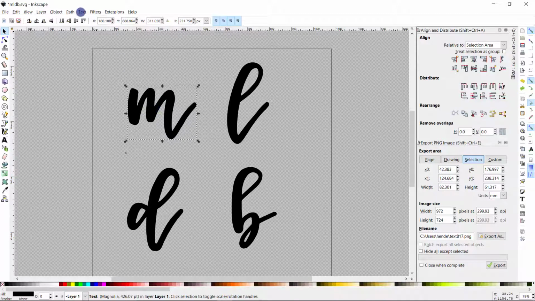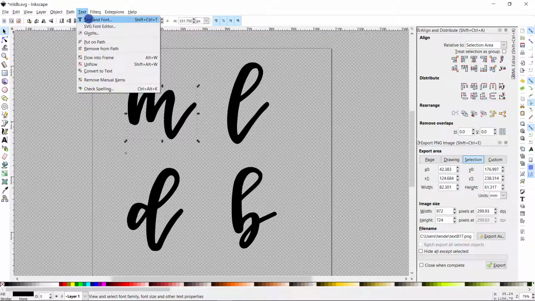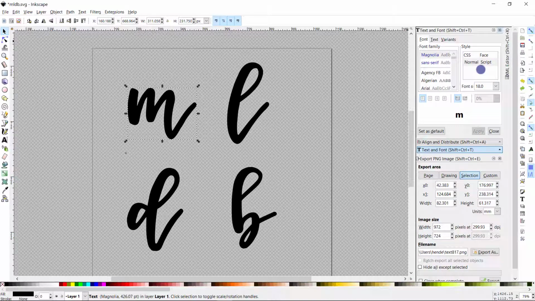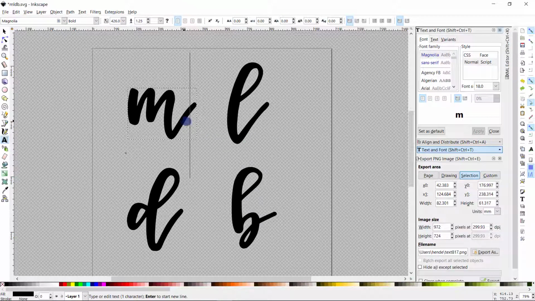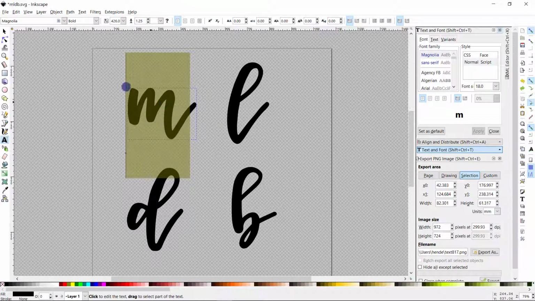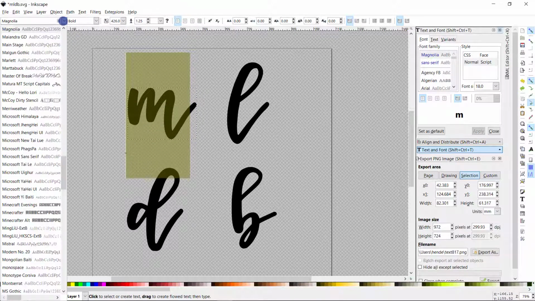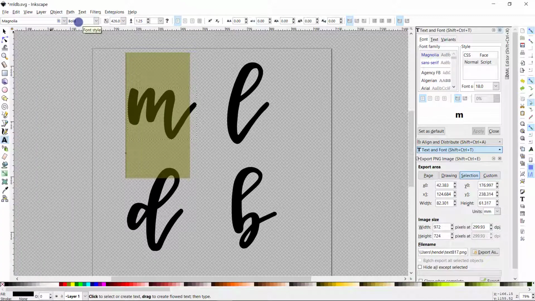I'm going to go to the text menu, and if I click text and font, it'll bring up a text and font window, which is similar to what I would find if I were to simply double click on the font. Now, if I double click on the font and select the letter M, I can come here to do my drop down list, and there is a bit of a preview on the side. I can choose bold, and I have my